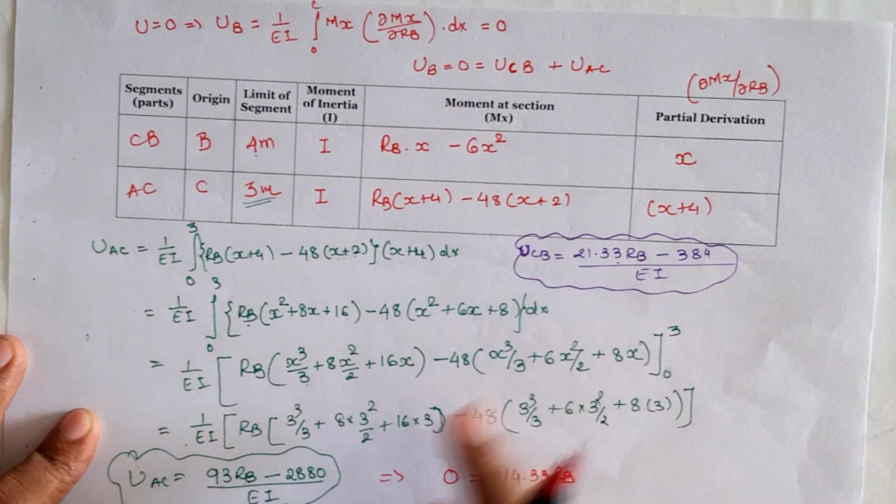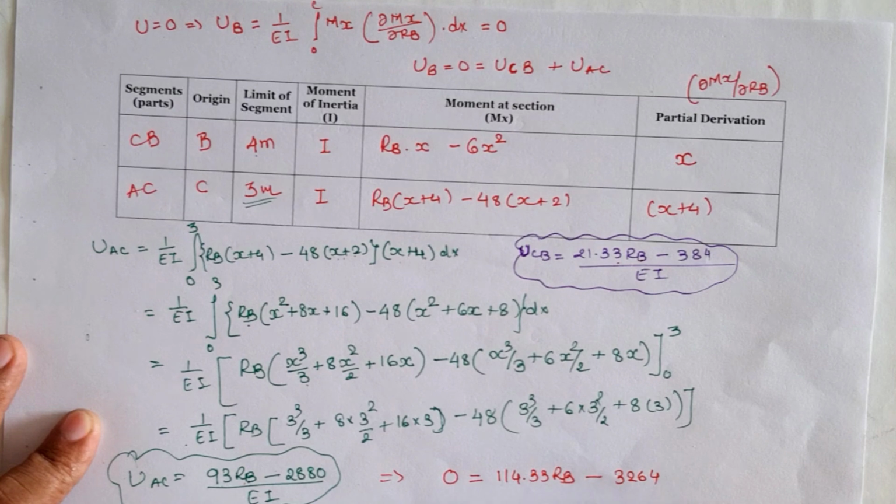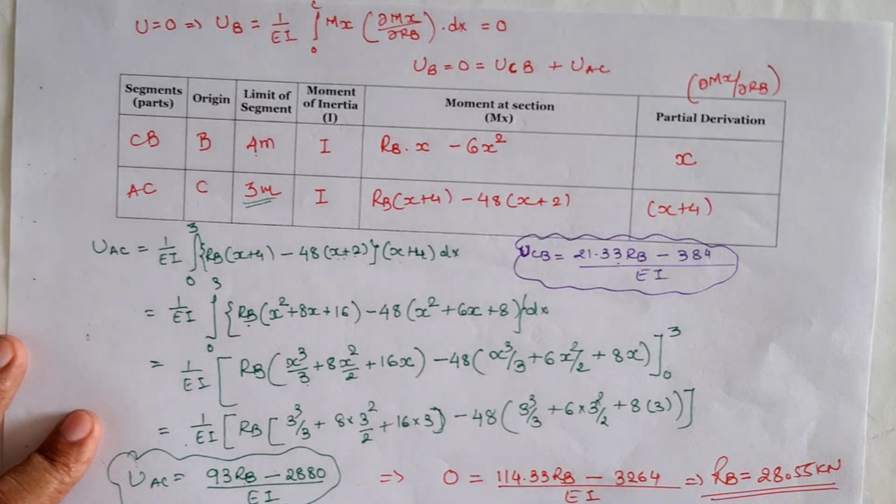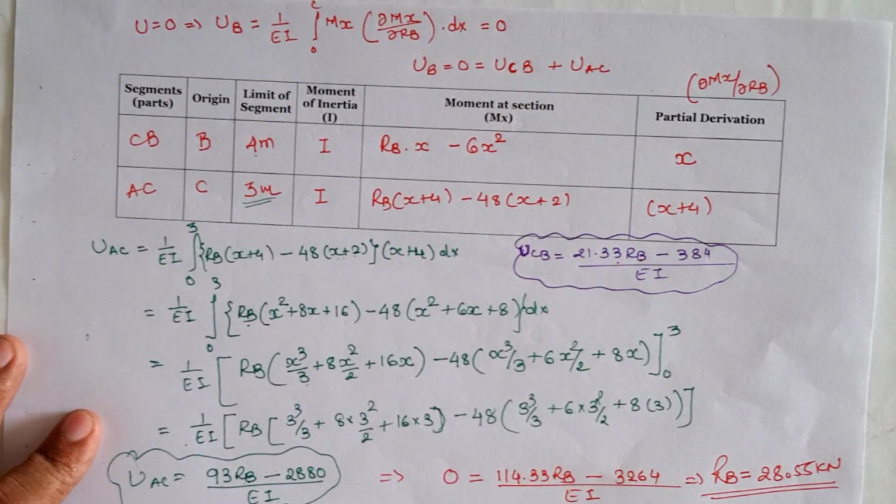Now minus 384 plus minus 2880, which is negative of 3264 divided by EI. Now solving this term, we will have redundant reaction RB, which is equal to 28.55 kilonewton. So using Castigliano's second theorem, by assuming redundant reaction, we can calculate that redundant reaction using this mathematical